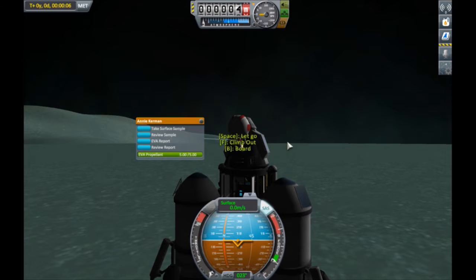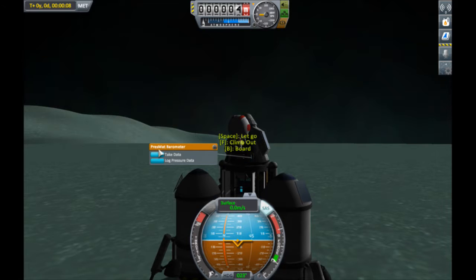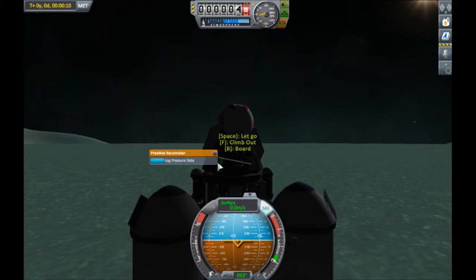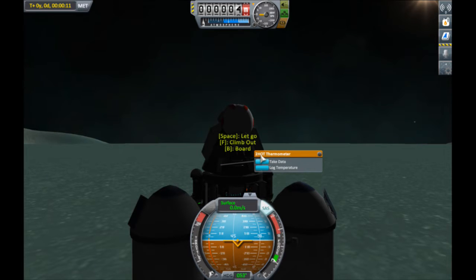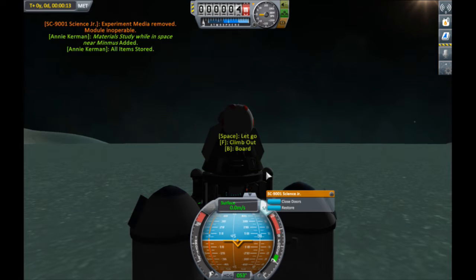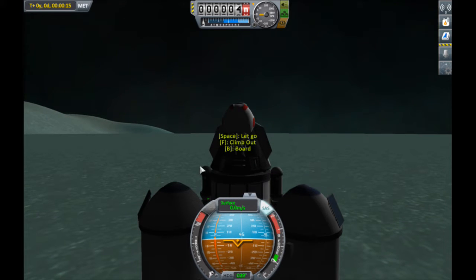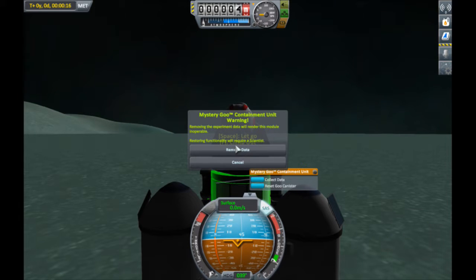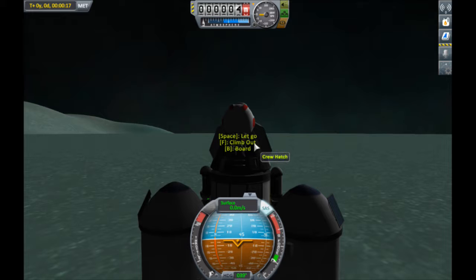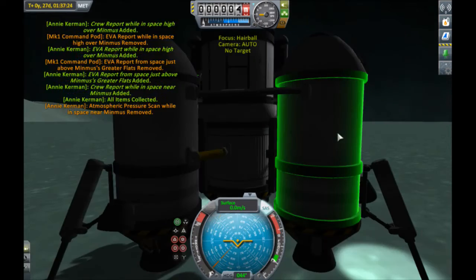So you can see surface samples are one of the most valuable science experiments you can run. So let's grab our data from all of our other instruments. The clouds on Minmus are making the game chug a little bit. Okay, and now we're going to run our...